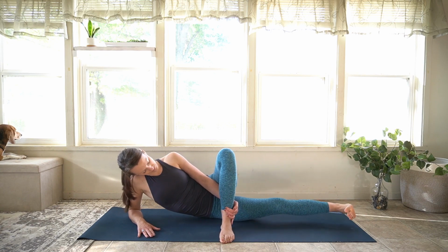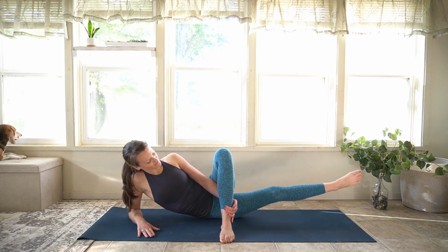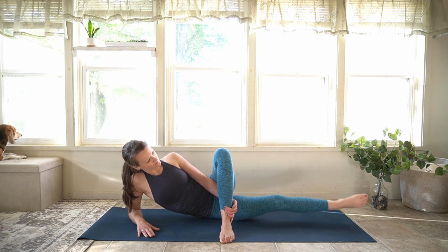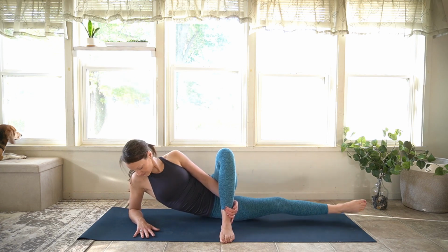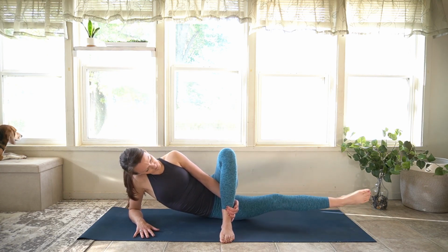Bring the leg to center. Point through the toes, and we'll finish off with those baby circles, first in one direction, switch, circle the other way,